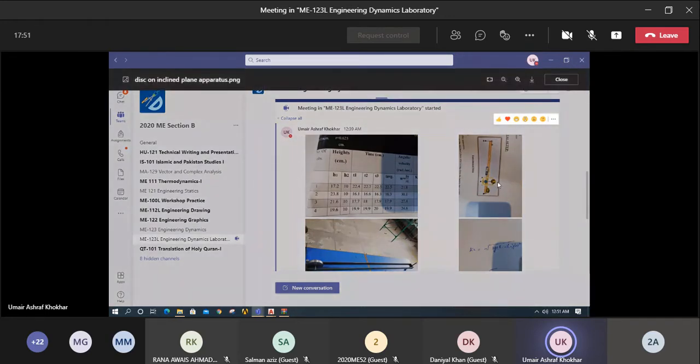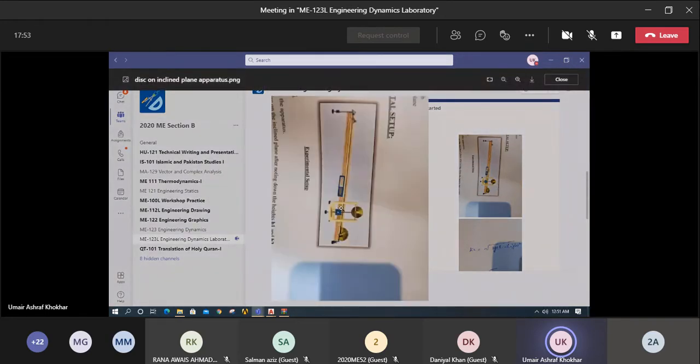उसके बाद this is another picture. This is coming from one of the lab reports. तो ये भी एक setup है. We don't need this one, right? Because we don't have anything like this. The one you see here is a kind of spring balance or weight system that is an auxiliary attachment with the apparatus. We don't need this one, right? We only need this inclined plane and then this disc running over the inclined plane,